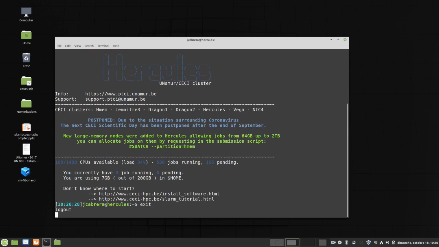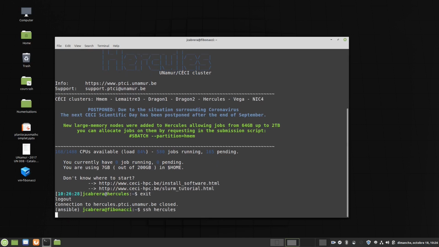Now that it is in memory, if you connect again, you will not type the passphrase.